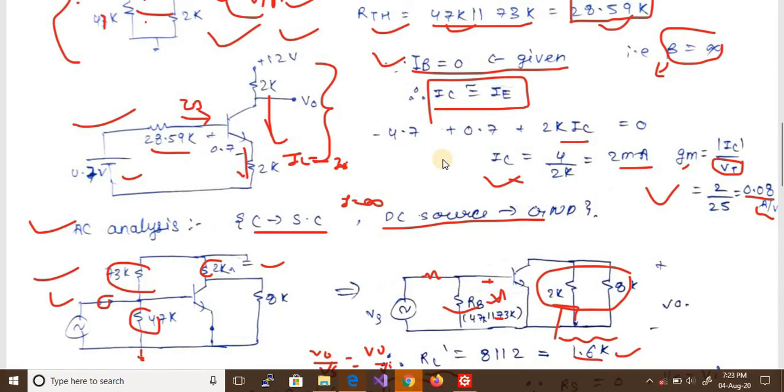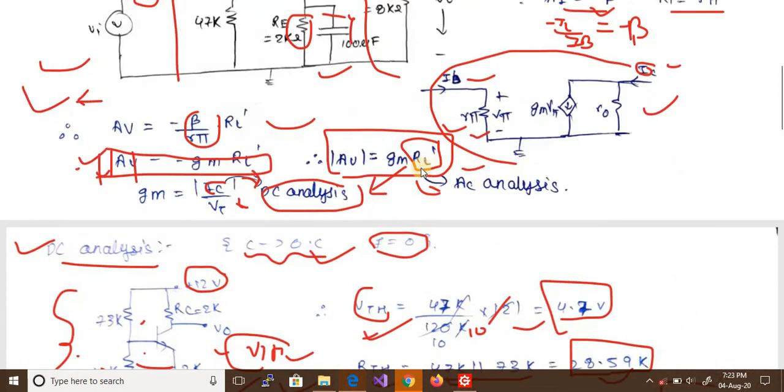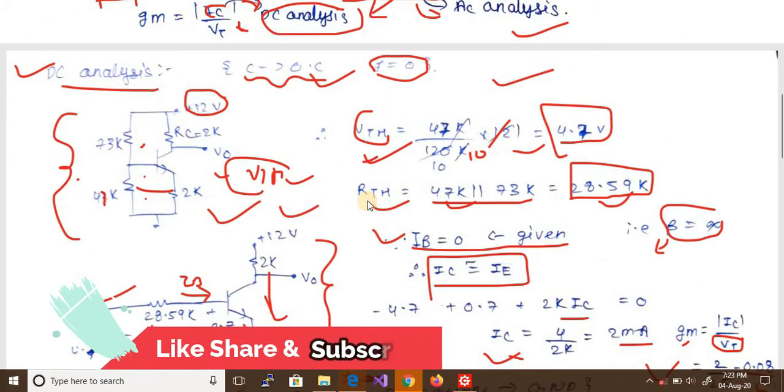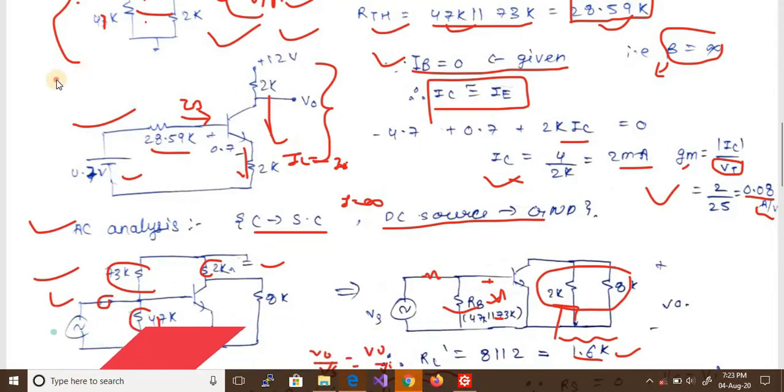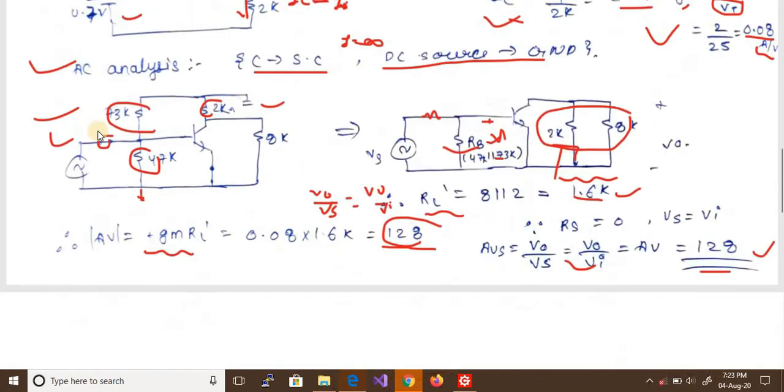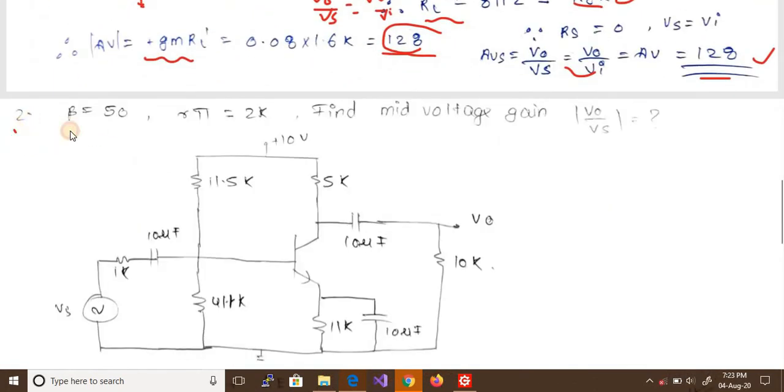It seems to be lengthy as I was explaining, but if you are very much aware of all these steps, you are going to solve this type of sum in just 45 seconds. And also you are not required to draw this circuit again and again. I have drawn it just for explaining to you. Now let's move ahead to this second sum.